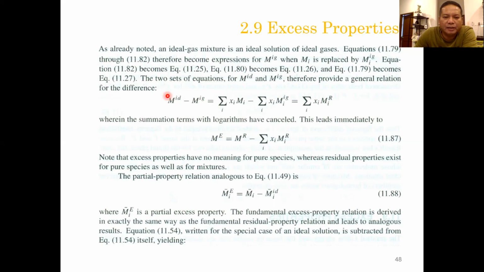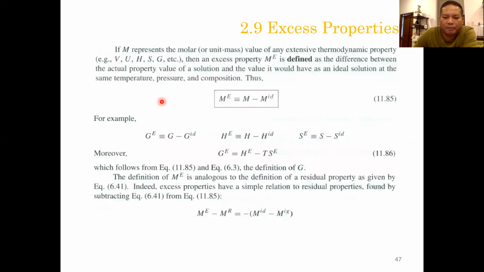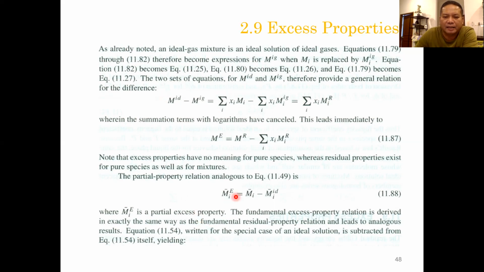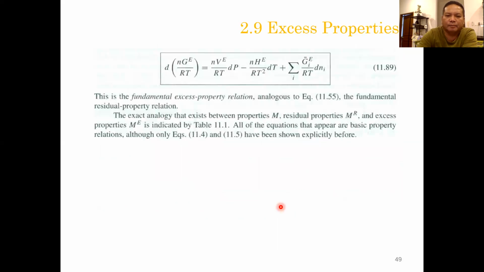Because for this, we replace that. Okay, that's how we got this. And then this is for the partial relationship, it is the same thing. And we can also apply it for the excess Gibbs. Okay, the previous equation